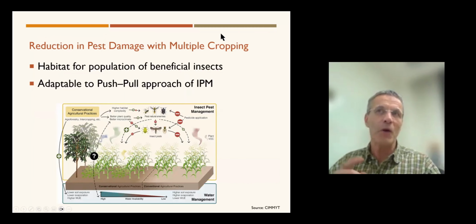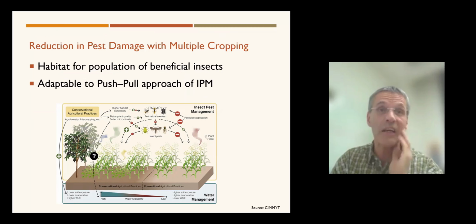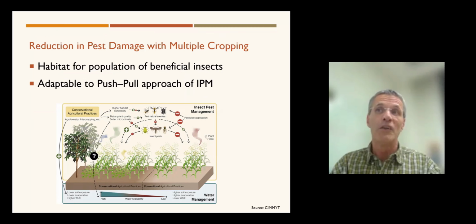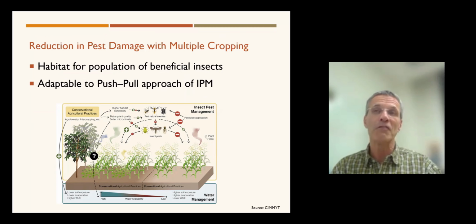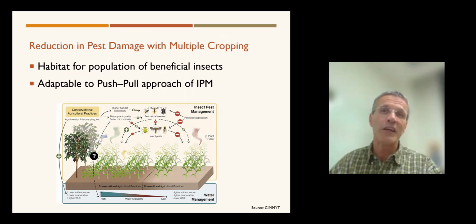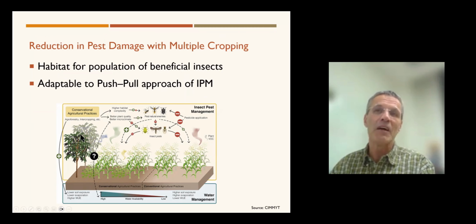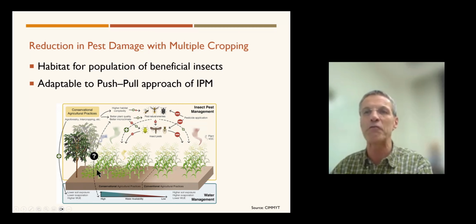And as I said, in most agroforestry and also intercropping systems, you also have a good potential for reduced pest damage, especially insect pests, because you can create different habitat, especially if you have multi-story trees available. So you have a lot of habitat complexity in the trees, and that provides habitat for beneficial insects that could then feed on insect pests that are in the alleys.